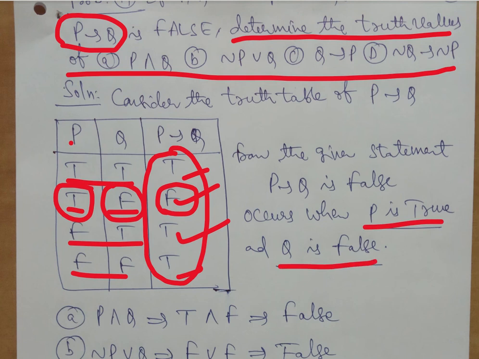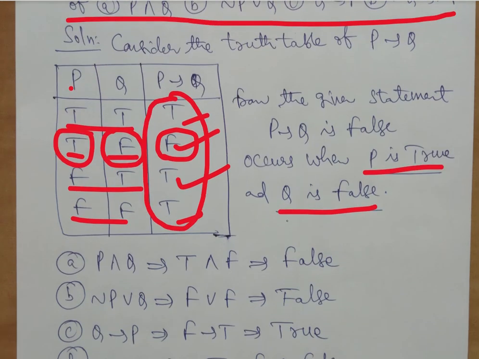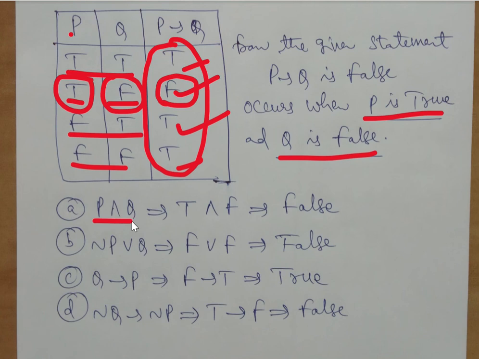When I know these two, can't we calculate P and Q, negation P or Q? We can easily calculate. The crucial step is to identify the values of P and Q, and for this we should know the truth table of implication. So indirectly the question is checking whether we are aware of the basic connectives. Now P and Q: I know P is T and Q is F, and I know the truth table of conjunction. T and F can be true only when both are true. In all other cases it is false.